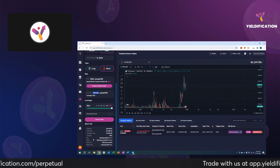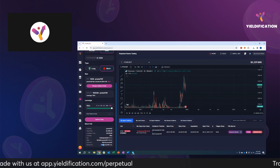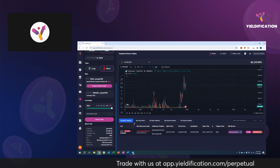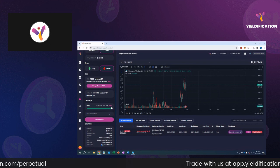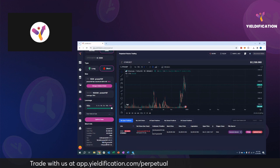Again, it's going to open the short with 150,000 YDF because of our leverage. There's an open fee of 150 promo YDF, and there's a borrow fee of 7.5 promo YDF per hour. So remember, the longer you have a position open, the more fees you're accruing. And if things are moving in your direction, that's fine, right? Because you are winning more than it takes to keep that position open. But just know that these could sneak up on you if you're going to let something sit for a week or two. Make sure that you're tracking what these numbers are,